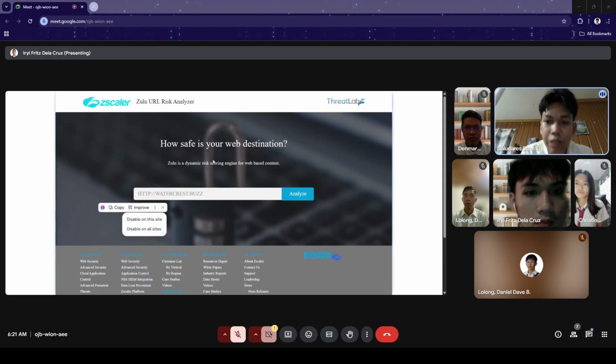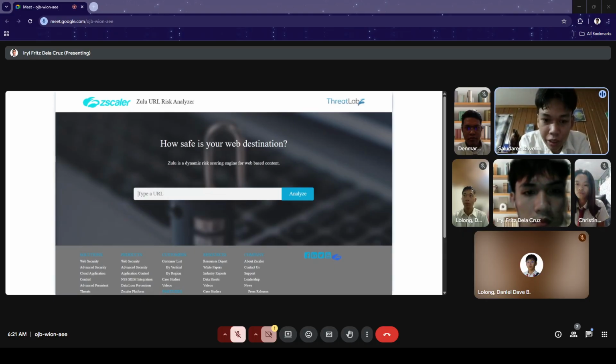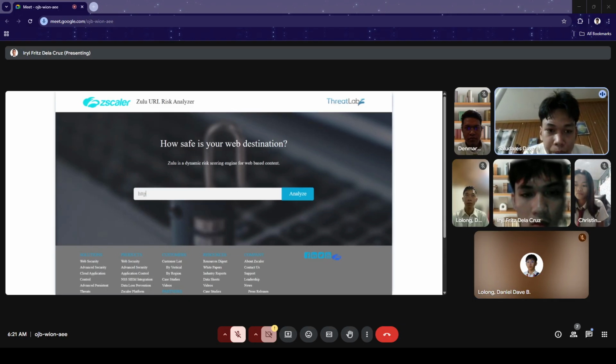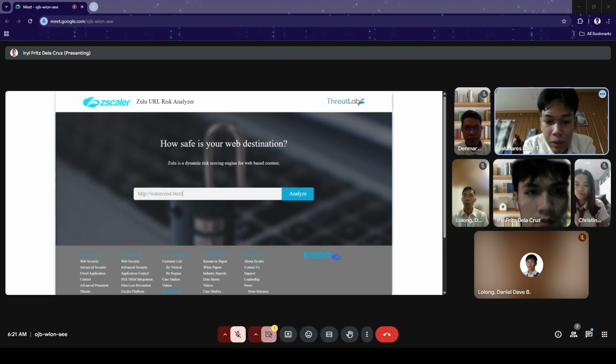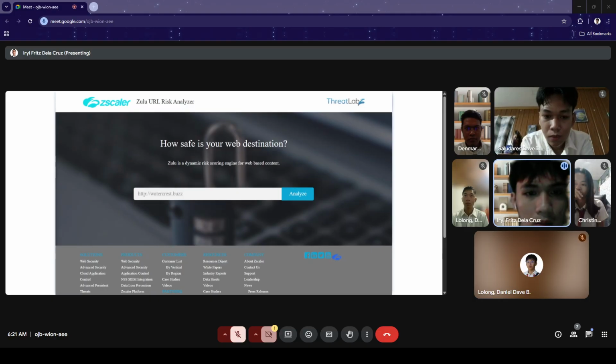This is also an insight to never forget to manually type the link in the said analyzer because it may contain harm if you directly click it from the phishing link. So I believe we have inputted the right URL already.